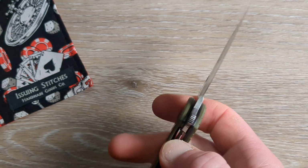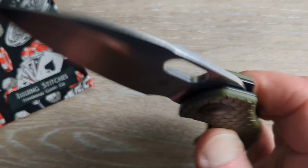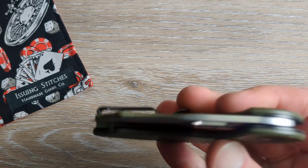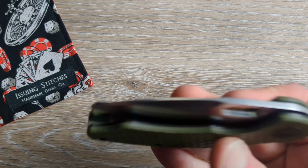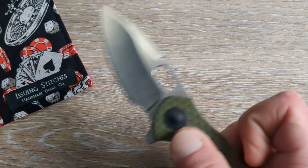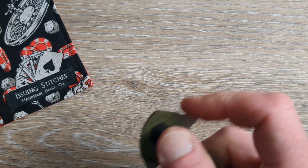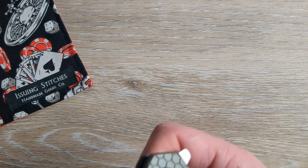We have honeycomb Richlite handles here yet again. Detent is tuned to perfection on this guy. We have a lighter blade, so it won't be quite as much of a free dropper as a couple of these were, but with the right amount of break-in, this would definitely be close to a nice dropper. It's controlled. The tolerances are tight, so it's kind of a 1 or 2 shaker, but very, very well done